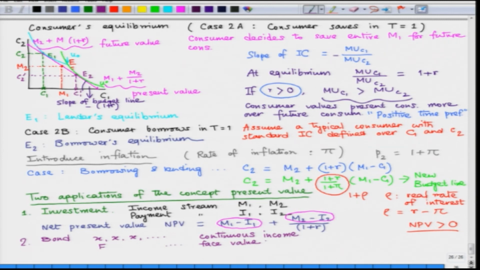So, in that case the present value can be written as x divided by 1 plus r, x divided by 1 plus r square, and so on and so forth. Suppose the maturity period is period t, that is a certain date. So, on that certain date,